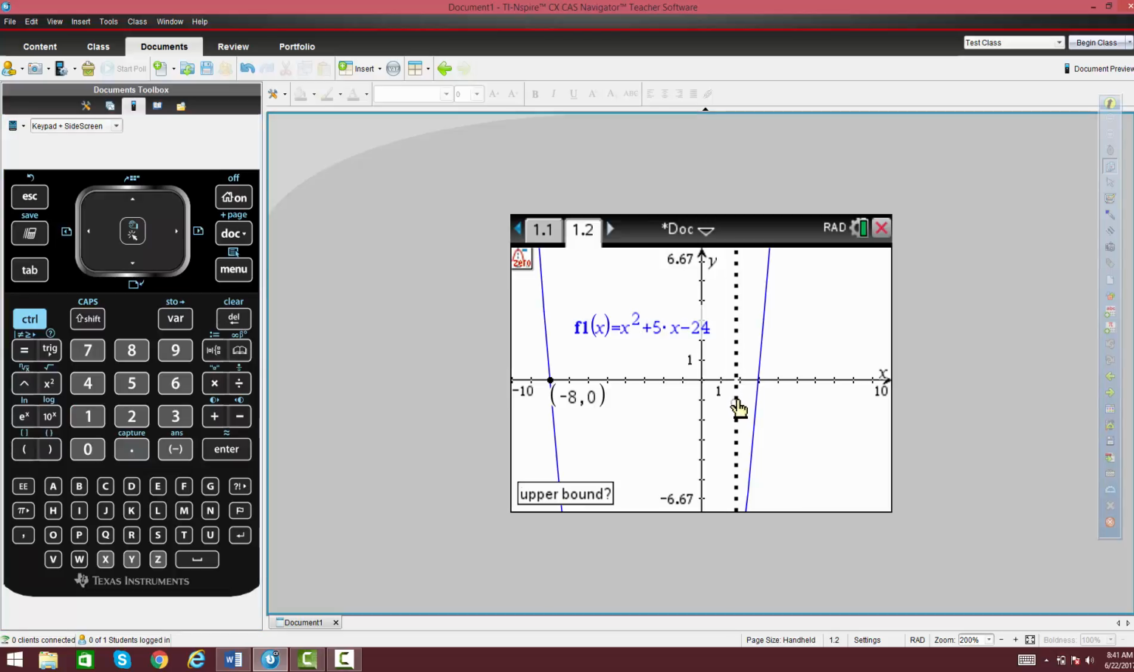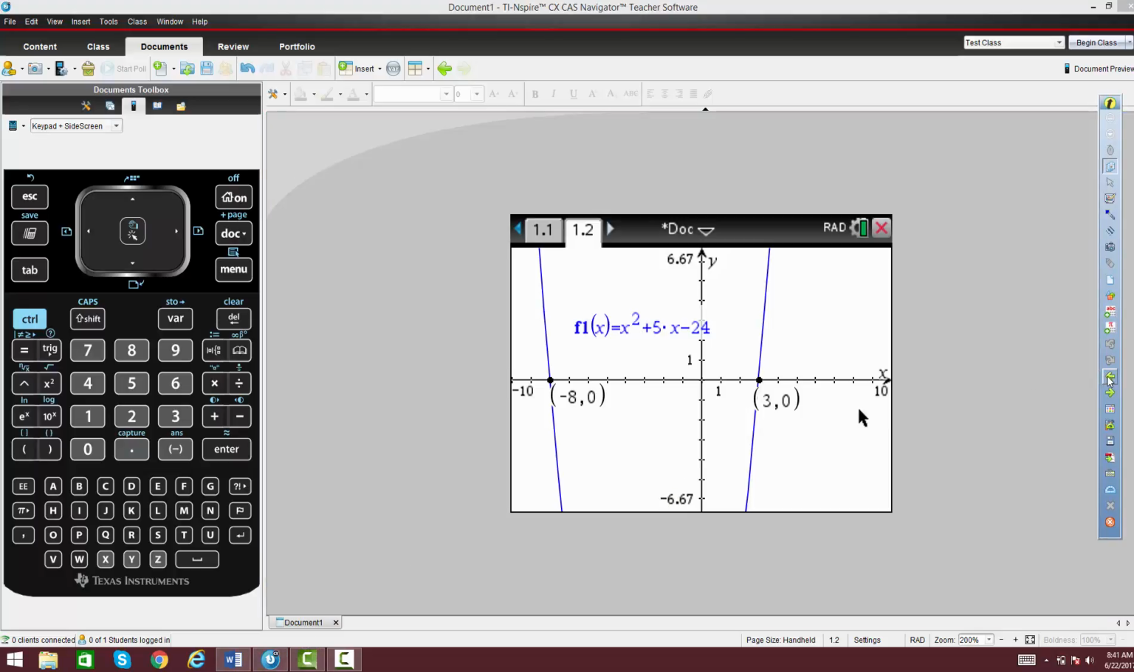So I'm going to click there, drag across, and I get 3, 0 is the 0, or x-intercept, and I'm interested in the x coordinate. So that's 3, 0, or x equals 3, x equals -8. So now we'll go back and solve using